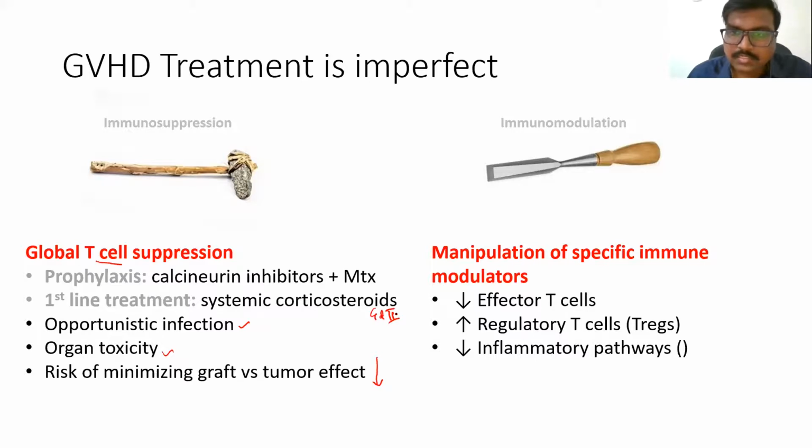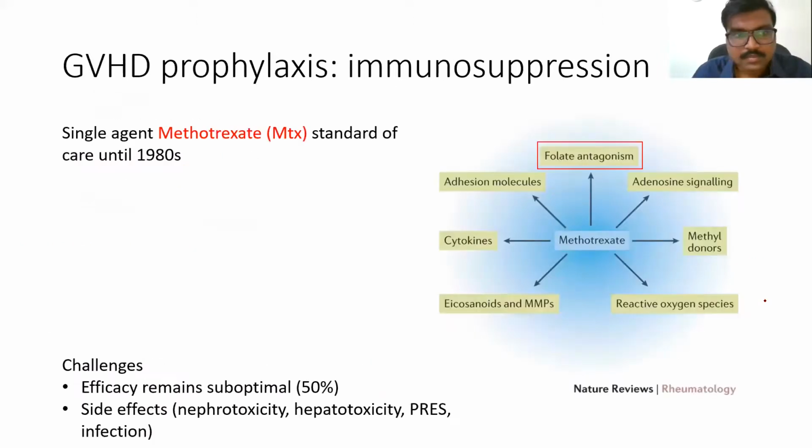However, the need of the hour is immunomodulation, where we should increase the regulatory T cells, decrease the effector T cells, and decrease the amount of cytokine profiling. That will lead to specifically reducing the GVHD, at the same time not causing toxicity or increasing the graft versus tumor disease. So the GVHD prophylaxis begins in the